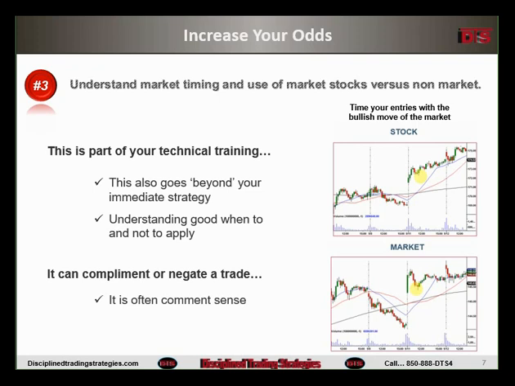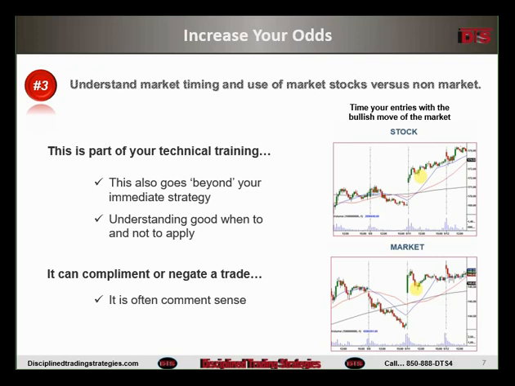Market timing is one issue, and this gets into more technical training, but just as a little overview: if you want to go long something you just found, and it's maybe 10 o'clock and the market just ran into yesterday's high, market timing would tell me, if it's a market related stock, to never take that trade right then. Even if it looks like my trade is about to take off, you have to consider that it's relatively weak if it didn't take off. Do you really want to be trading long a stock that is lagging the market by that much? So that's one issue.